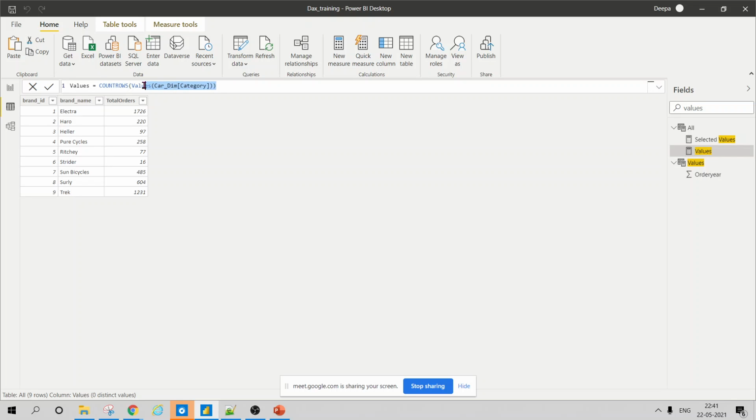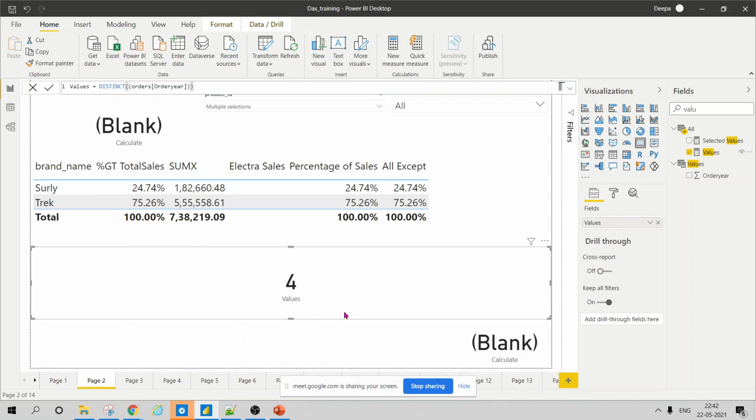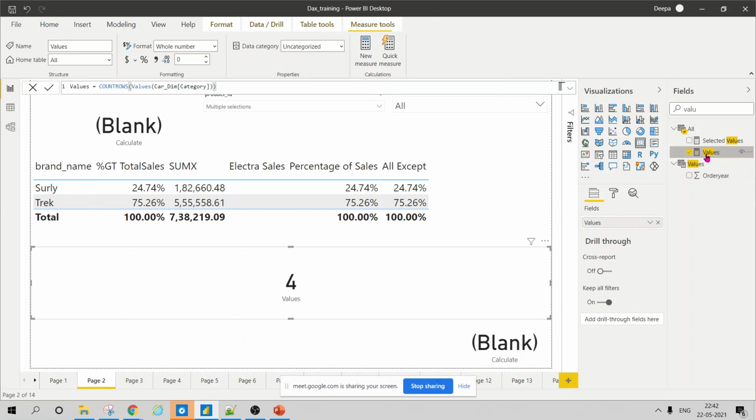I mean, you want to know how many unique categories there are in this car name table. Using the VALUES function you can calculate that. Since it is a measure, you can use a card visual to see that. So there are four distinct car categories, right? This way you can do it.